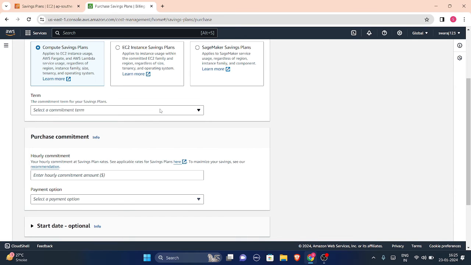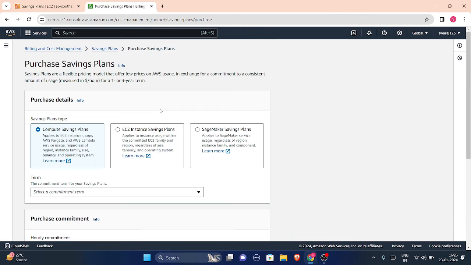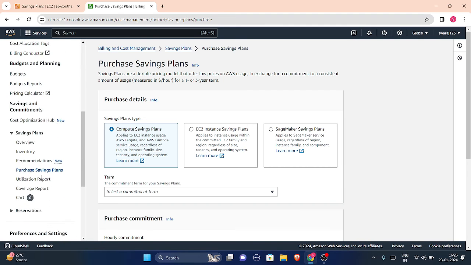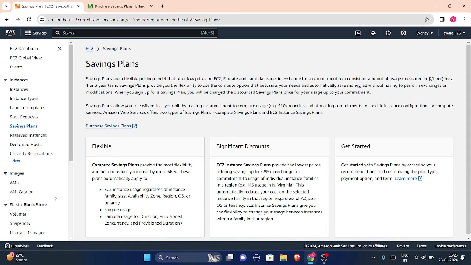Savings plans are basically, as I said, like if you are planning to go on a vacation and you have booked your hotels there, what you are actually doing is choosing a savings plan for yourself. Okay, that at that exact moment you won't be charged more. So this is a feature of savings plan which is available on AWS. Next we can see reserved instances.